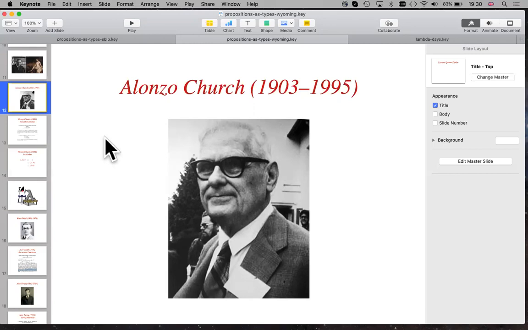Is everybody familiar enough with what Lambda Calculus is? Anybody want to ask a question at this point? Okay, so he came up with Lambda Calculus, and of course,